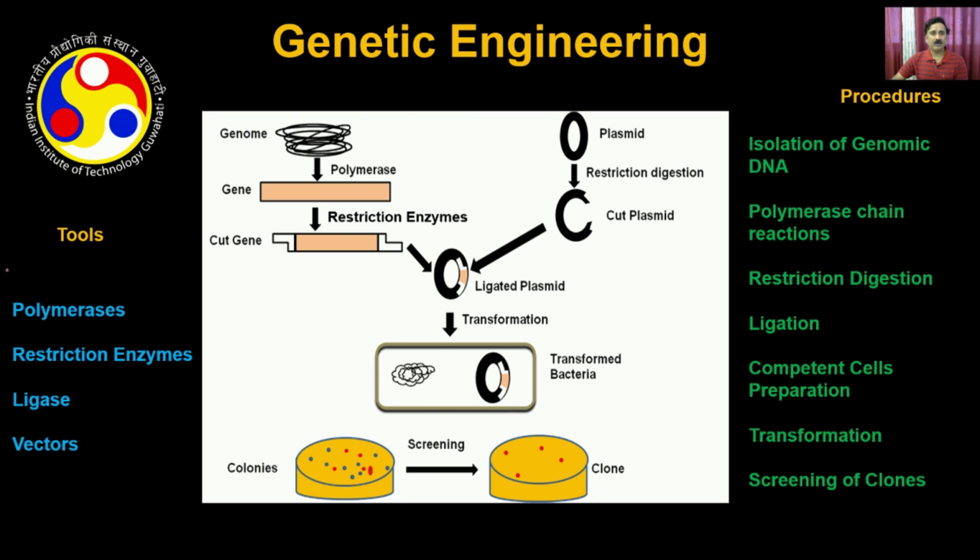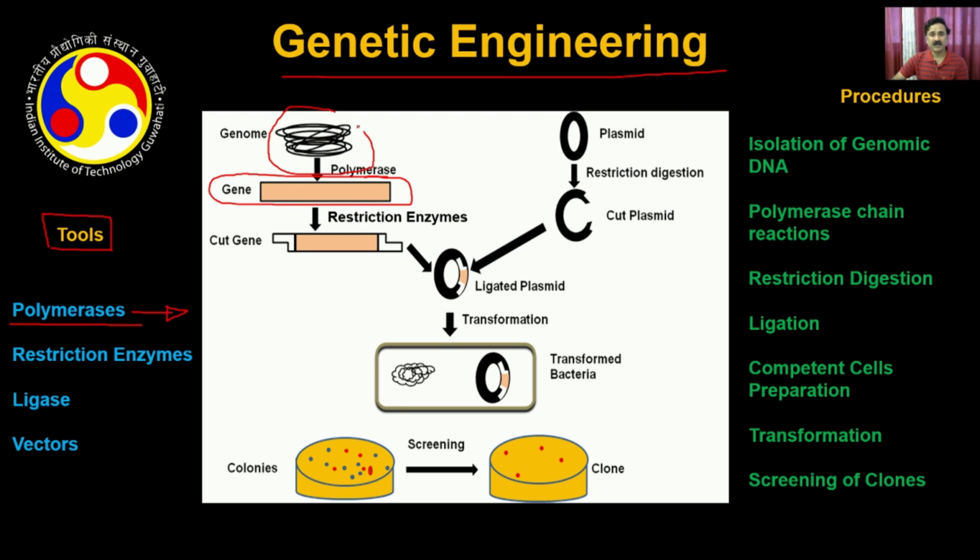So this is all about the different types of tools that we use in genetic engineering. We have discussed the polymerases and how they are useful for isolating a particular gene from the genome, and once you have the gene, how you can use the restriction enzyme to generate the DNA fragment with sticky ends. So you have two sticky ends on both sides, and that can be used in downstream ligation reactions, which are catalyzed by the enzyme ligase to generate the chimeric DNA.